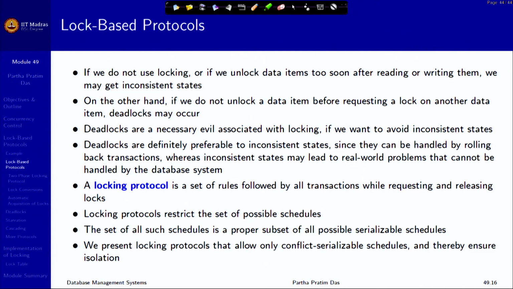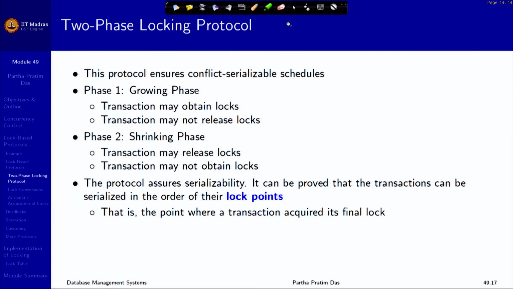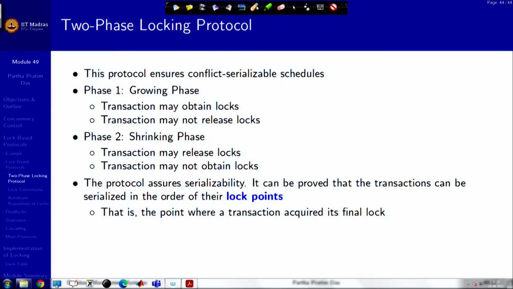Right? So, we would try to see how these possibilities of rollback can be minimized. One way of doing that is to follow what is called a two-phase protocol. So far we are saying that you need a data item, you take it. You are done with the data item, sometime you release it. But no, here we are saying that a transaction